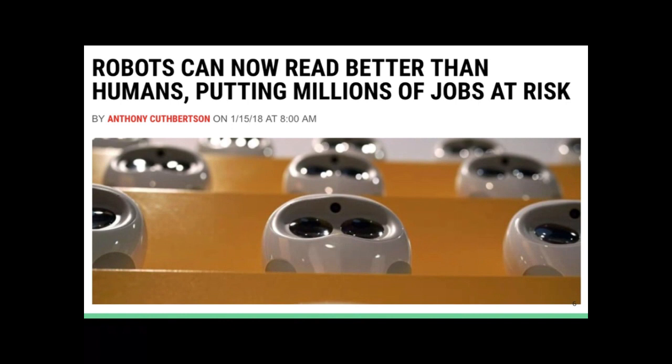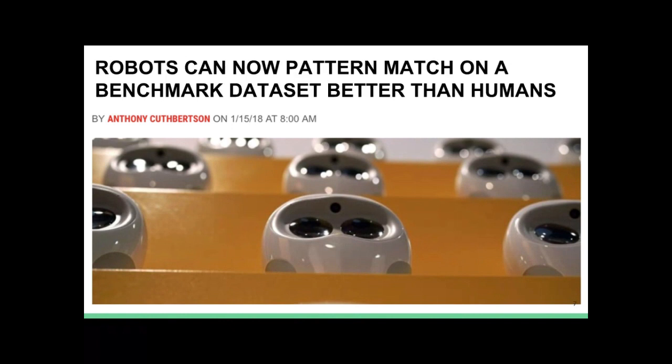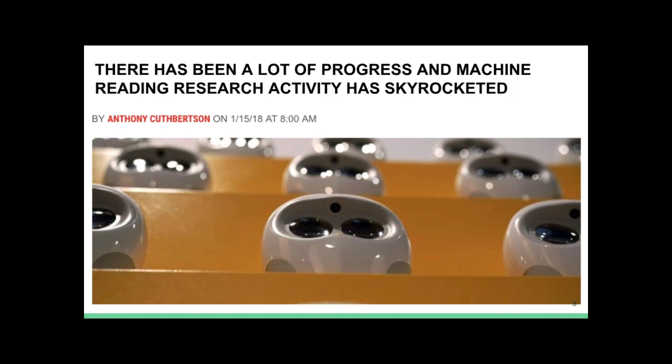In fact, I think the truth is more like this. Robots can now pattern match on a benchmark data set better than humans. That is certainly true, and it's quite an achievement, and I'll talk about that achievement, but it's obviously by no means like real reading in the way that we understand it yet, and I hope to give you a sense of that. That being said, I think there has been quite amazing progress in what is called machine reading, and